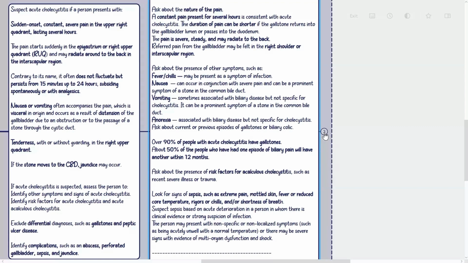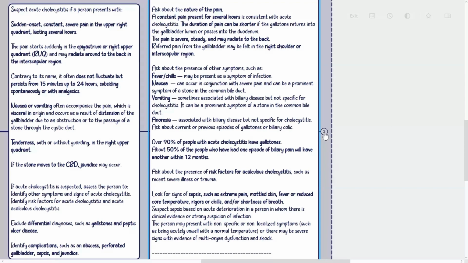Over 90% of people with acute cholecystitis have gallstones. About 50% of the people who have had one episode of biliary pain will have another within 12 months. Ask about the presence of risk factors for calculous cholecystitis, such as recent severe illness or trauma. Look for signs of sepsis, such as extreme pain, mottled skin, fever or reduced core temperature, rigors or chills, and